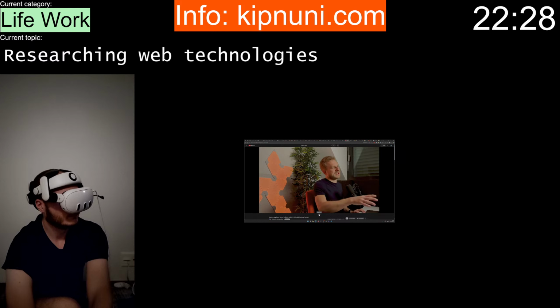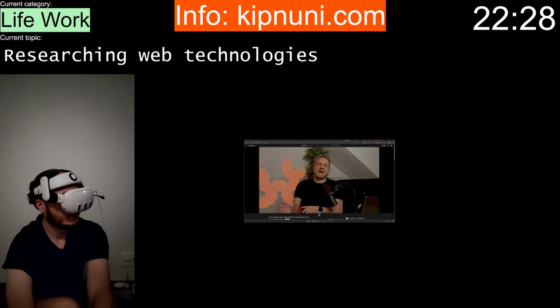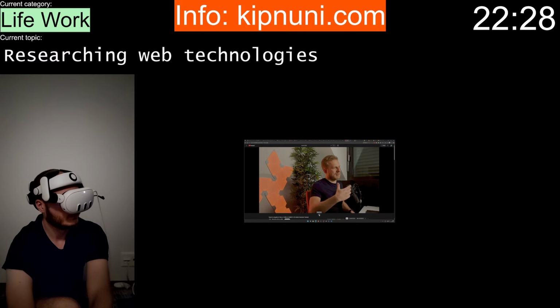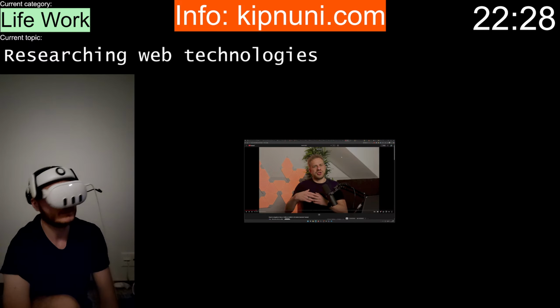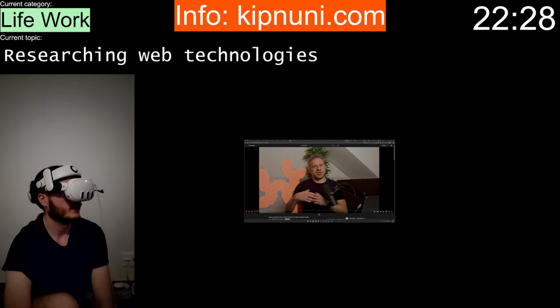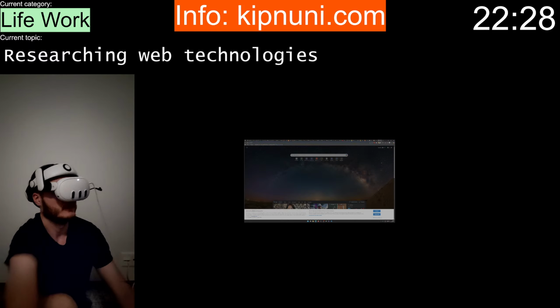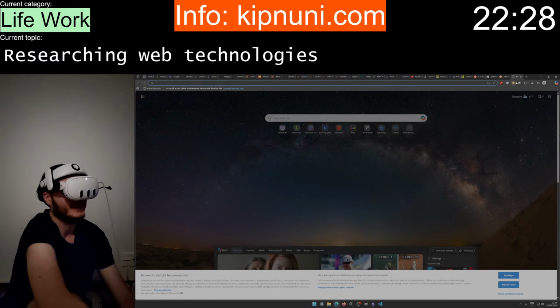Now, let's start with the different philosophies, because that's really important. We got all these different libraries and frameworks, but they don't all have exactly the same philosophy, the same way of working, and the same approach towards the idea of giving you a tool that you can use to build web applications or front-end web applications. For example, React, which I think, yeah, it would be easier to just read some article, I think.